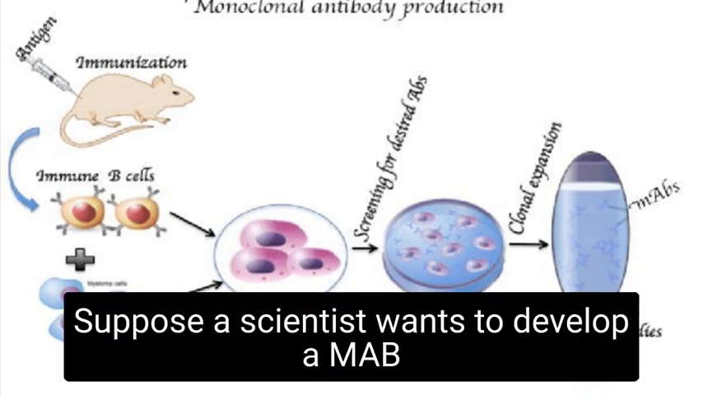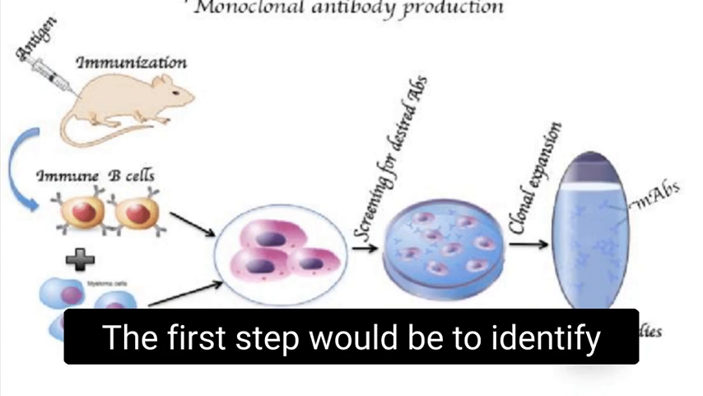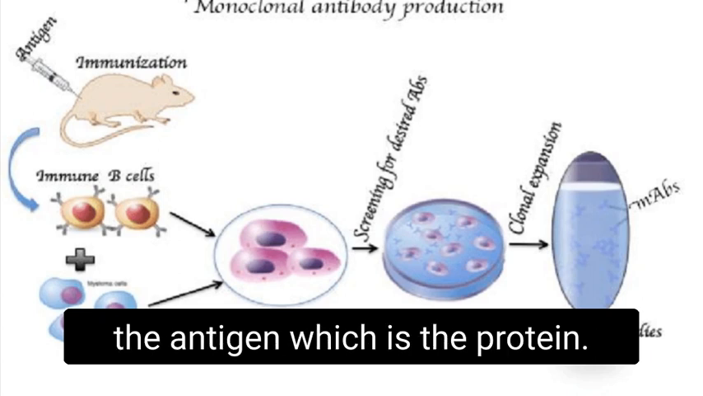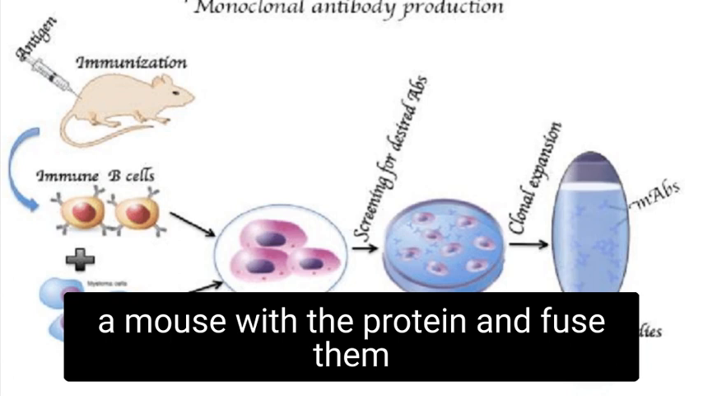Example. Suppose a scientist wants to develop a mAb against a specific protein found in cancer cells. The first step would be to identify the antigen, which is the protein in this case. The scientist would then immunize a mouse with the protein, isolate the B cells, and fuse them with immortal cells